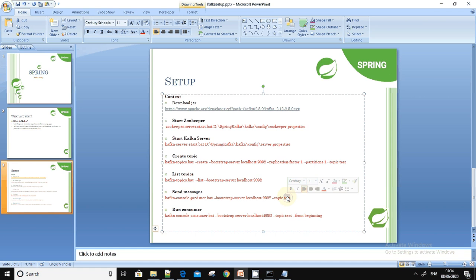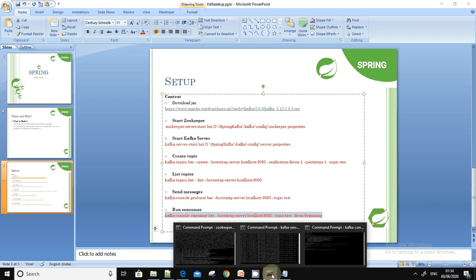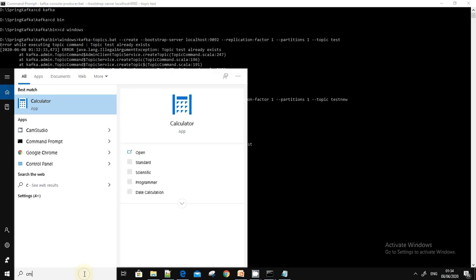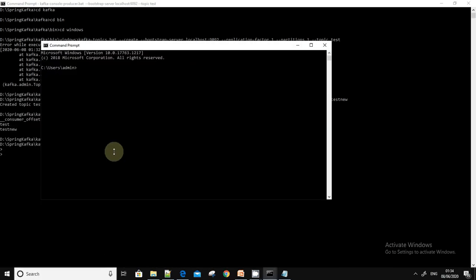So test topic was already created, so we will be using the same topic which we have seen here, test and test new, but we'll be using the old one which is already there. Again I will create another command prompt. I will go to this D drive, then